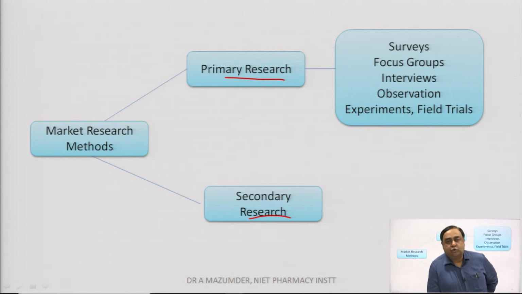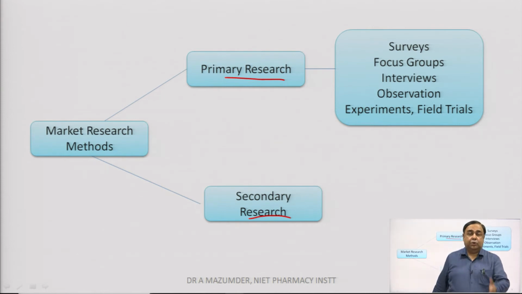You will be very astonished to know that just by observing the dustbin of your house, a marketing individual can predict what your food habit is, what your preferences are, because the packets which you dump will give them an idea about the food habit, the consumption habit, what your likings are, what the dislikings are, everything. This is what we call observation.